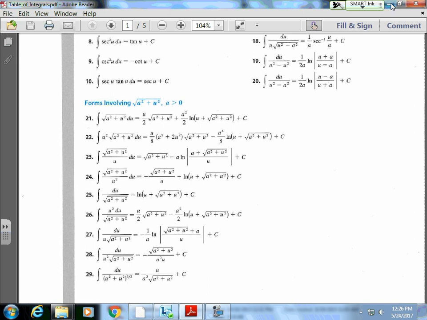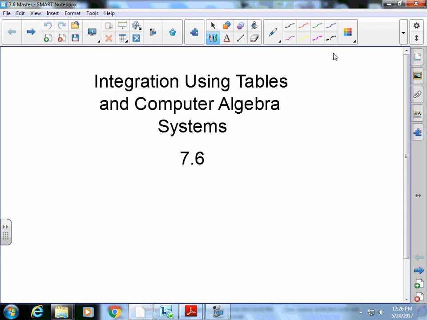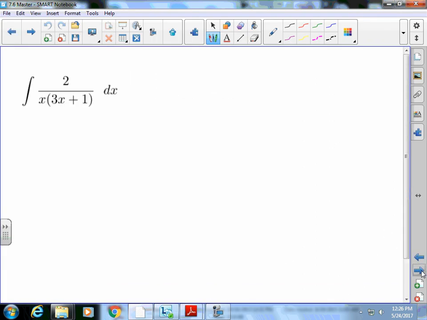On the test, I'm going to provide this for you, so you don't have to worry about that. You'll need it only for this one particular test, and we won't be using the integral tables anymore. So let's get started. The first problem is 2 over x plus 3x plus 1. And typically we say, well, we're going to let u